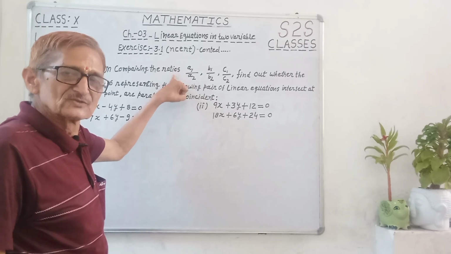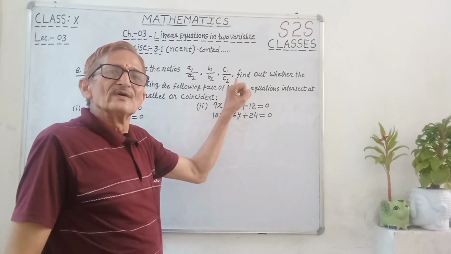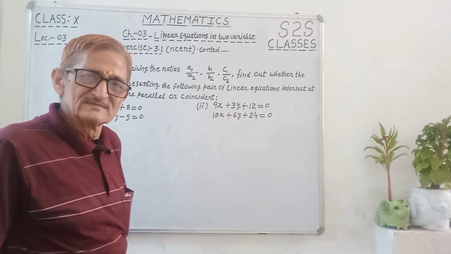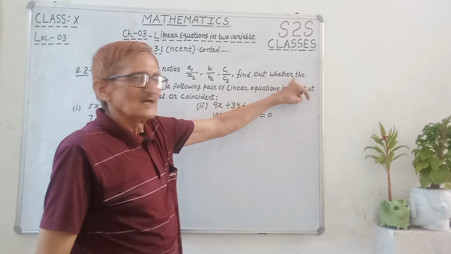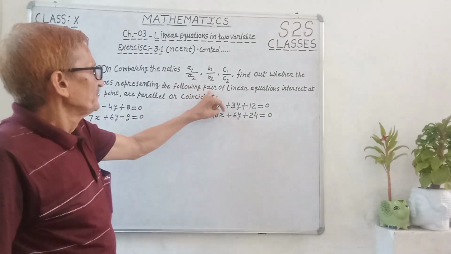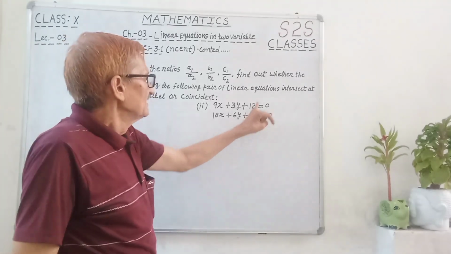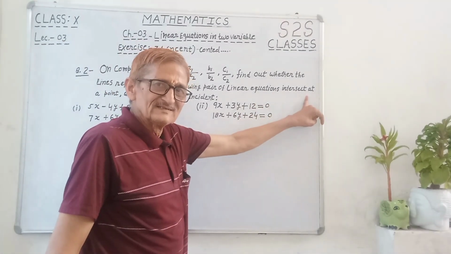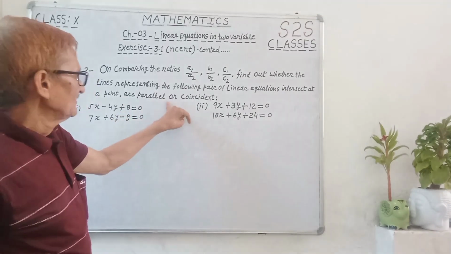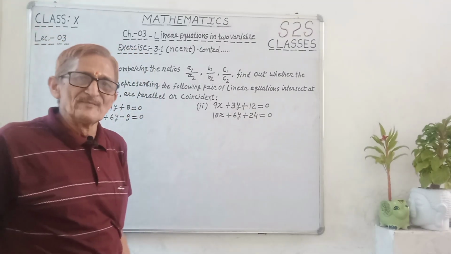Compare the ratios A1/A2, B1/B2 and C1/C2, comparing these ratios and then find out whether the lines representing the following pair of linear equations intersect at a point, are parallel or coincident. So by comparing the